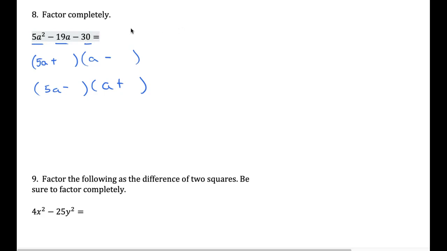So 30, I immediately think about 30 as being either 1 times 30, 30 times 1, or I've got 3 times 10, or 10 times 3, and another one is 5 times 6. Okay? So if you try 30, I don't think you're going to get close to 19